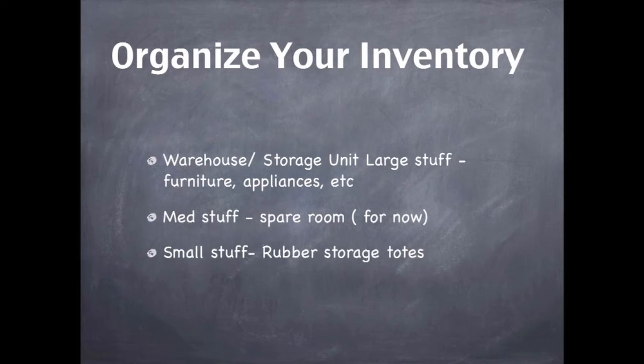And this is the thing: if you have a warehouse, this conversation isn't for you. But if you have a small warehouse or a storage unit, that's where you put your large stuff. Don't put small stuff in there. You've got to segment your inventory. Say you're in a storage unit for $200 a month and you can source, and I'm going to talk about that in a minute, enough inventory that after you pay the rent of $200